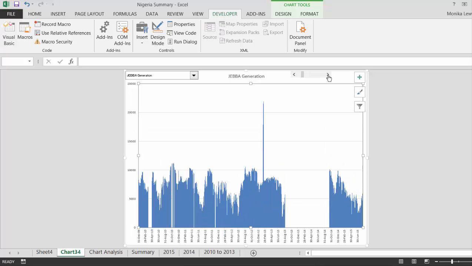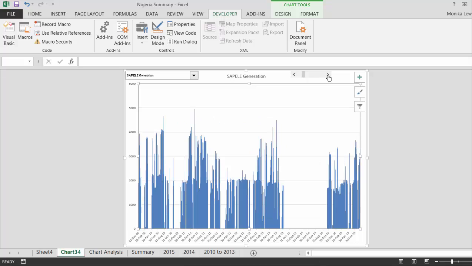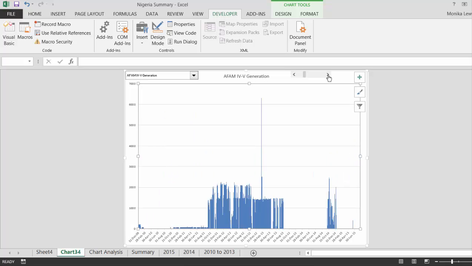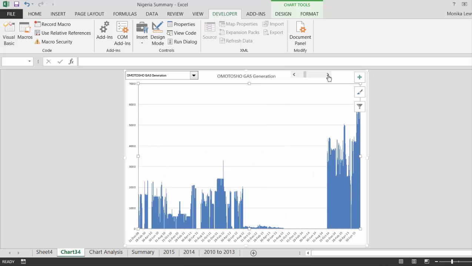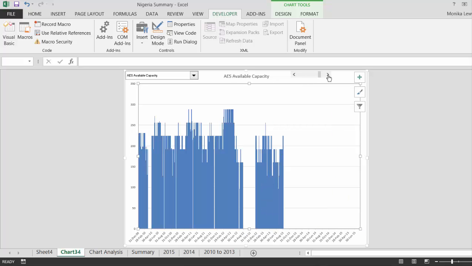We can click through the generation of the different power plants. This power plant doesn't seem to be very affected by the privatization. This one had a funny thing we'll fix. This one seemed to be influenced, but we probably had more capacity, and on and on and on. So